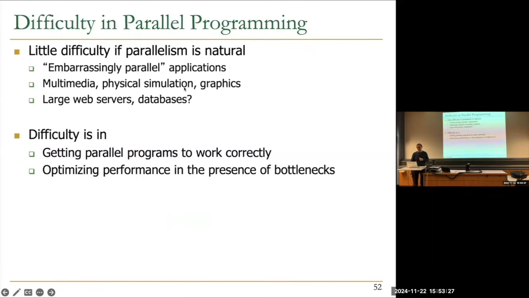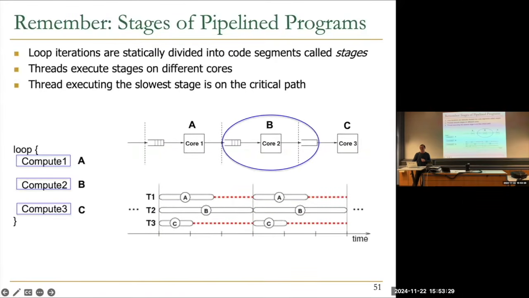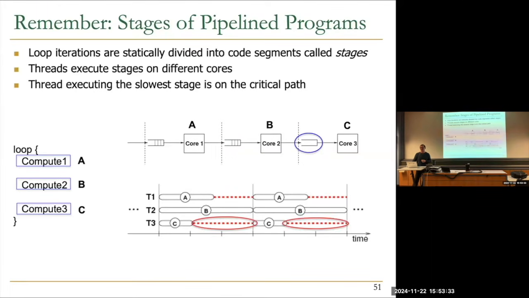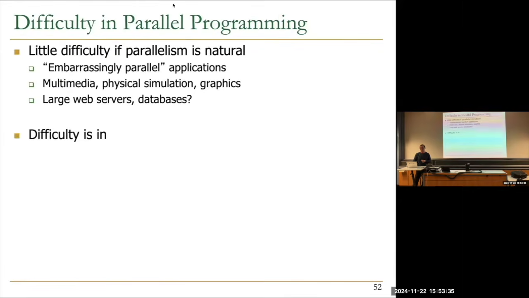Okay, this is it. Basically, you've seen all of these difficulties, right? Serial bottleneck, synchronization bottlenecks, resource contention, etc. Essentially, if you're embarrassingly parallel, you have little difficulty in parallel programming, if the parallelism is very natural. For example, you're updating pixels on a screen. It's completely parallel, right? Unless you're manipulating pixels together, you're basically updating things completely in parallel.